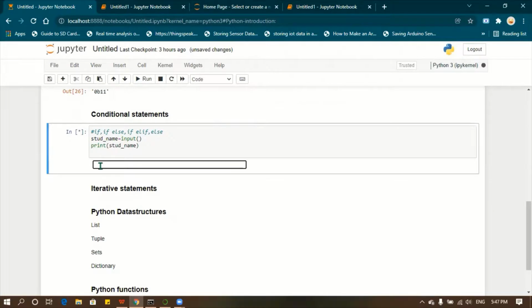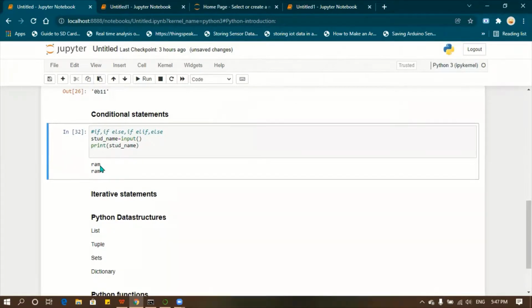I am giving the input as Ram. If you press enter, it will print the name. Okay. So here you know that you are asking for the name, right? But when your user is working on this, they don't know.